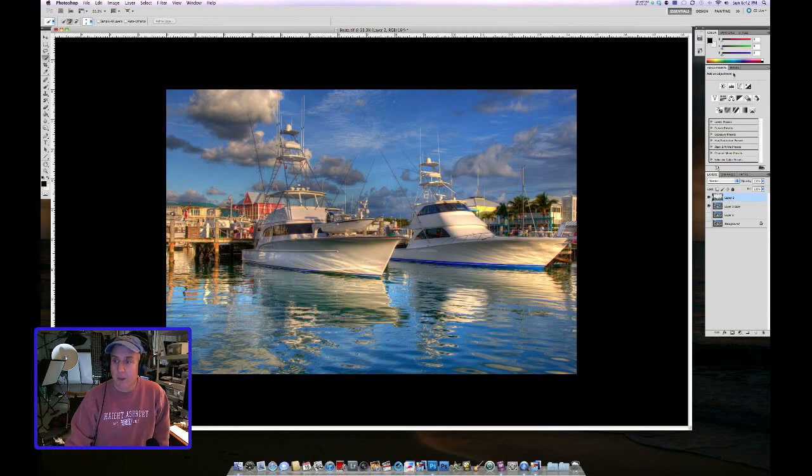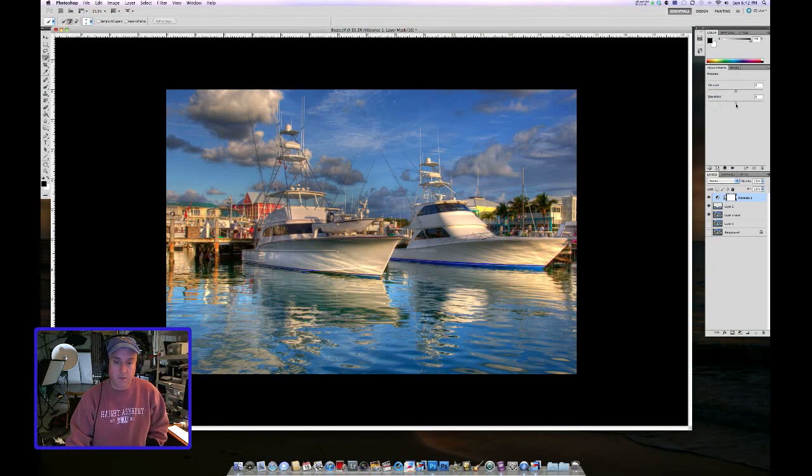Alright, let's do this. I'm going to play with the saturation and vibrance. I want the foreground even a little more